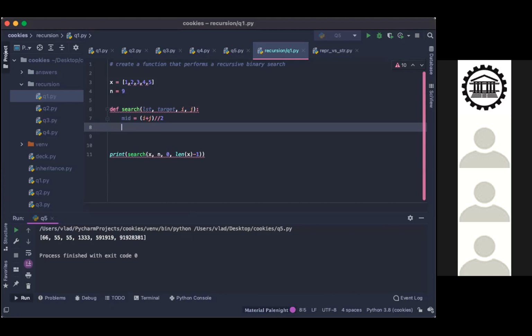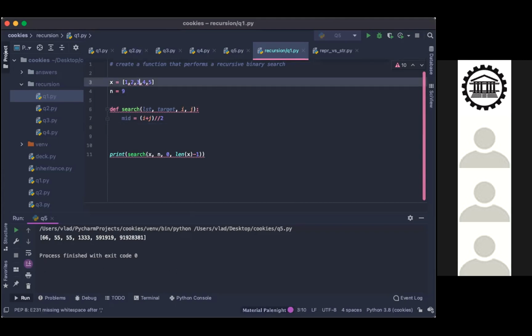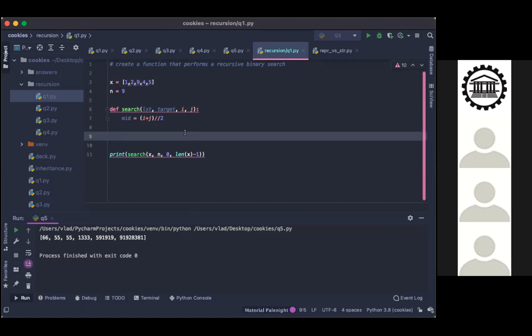No. So we could put that. You said you wanted a recursive approach? Yes. So then we would need to incorporate a base case in there as well. Correct. What's the base case?